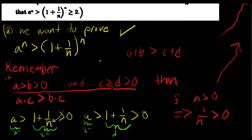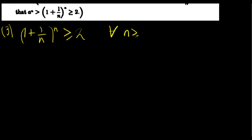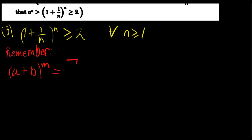We can now move on to 3, which I wouldn't say is harder, but is maybe a little bit more technically challenging, where we have (1 plus 1 over n) to the nth power. We want to prove that that's greater than or equal to 2 for any n greater than or equal to 1. For this, we're going to use the binomial theorem. Remember that if I have a binomial raised to a certain power, a plus b raised to the mth power, then it can be expanded into